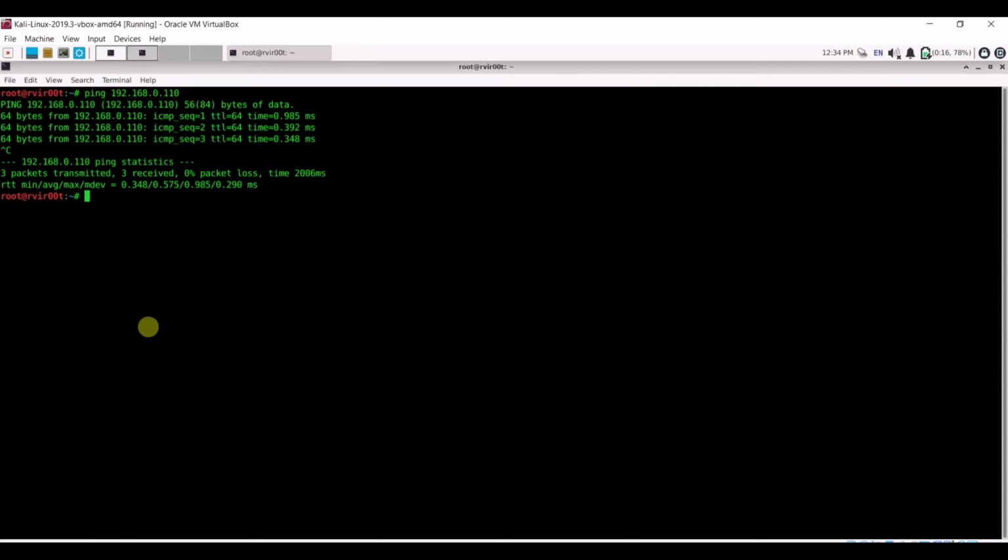The first step is to perform a normal scan to identify whether the port is open or not, or you can even directly connect with telnet or NC. Let's start first with scanning. I'm going with nmap -sV and the target 192.168.0.110 and -p port 25.